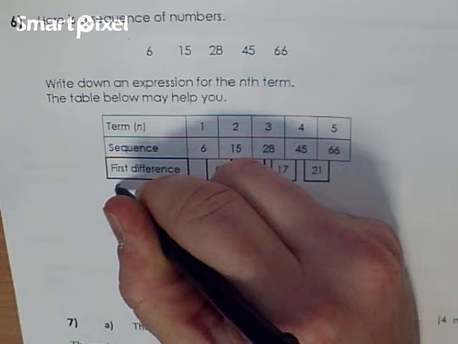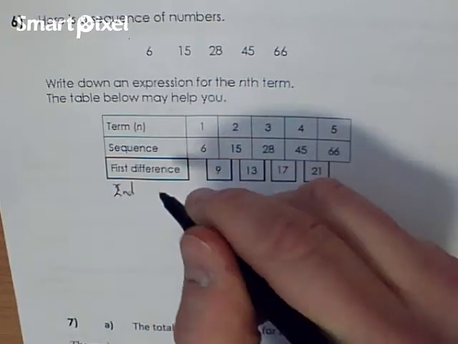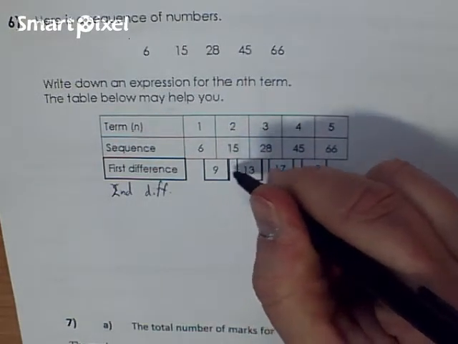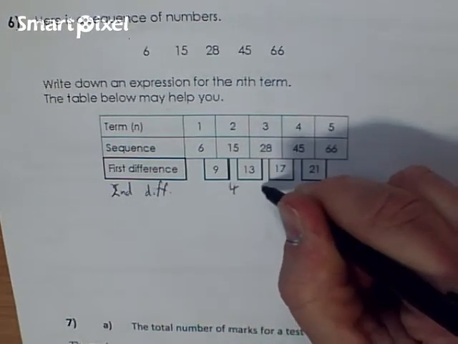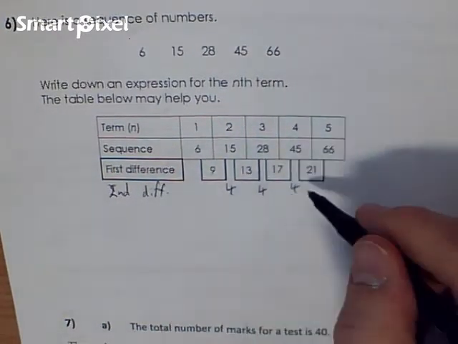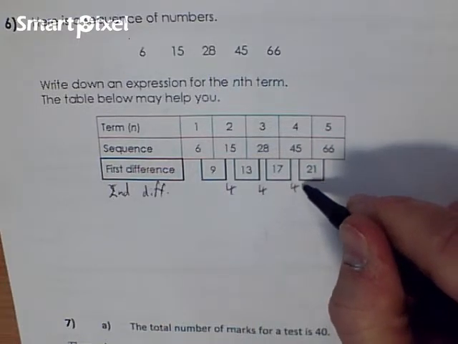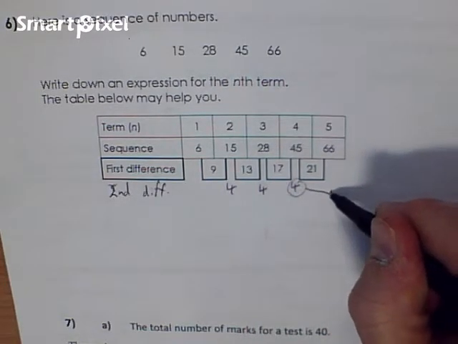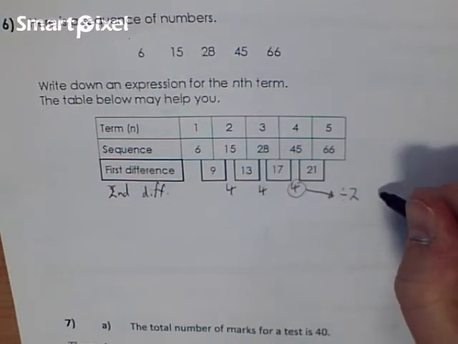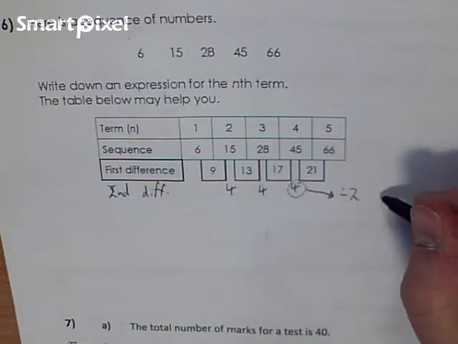So my second difference is between 9 and 13, 4, 13 and 17, another 4, 4. So it is quadratic. So now what you have to remember is that if you take this number and you divide it by 2, you get your coefficient of n squared. So this gives you